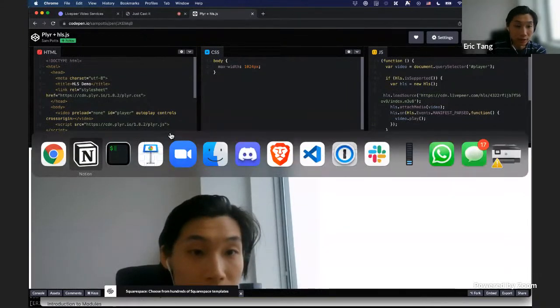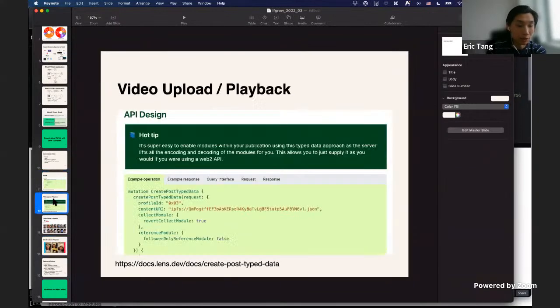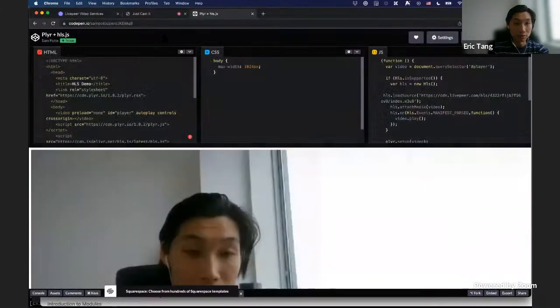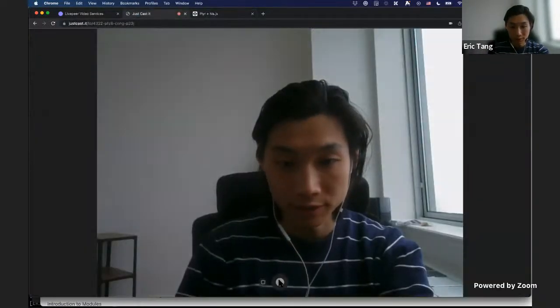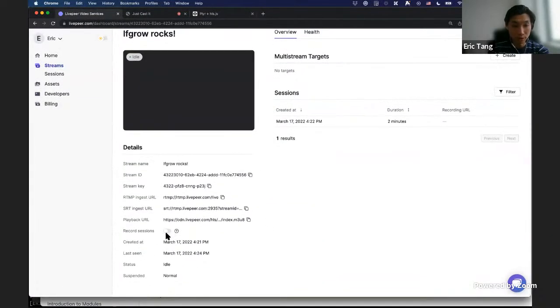And now you can imagine building a live streaming style experience. One thing to note is that if you want to build this channel concept inside Lens, you should probably create just one post or one publication that's dedicated to the live stream of this channel, right? And every time, you can specify to the Livepeer network to record the session.